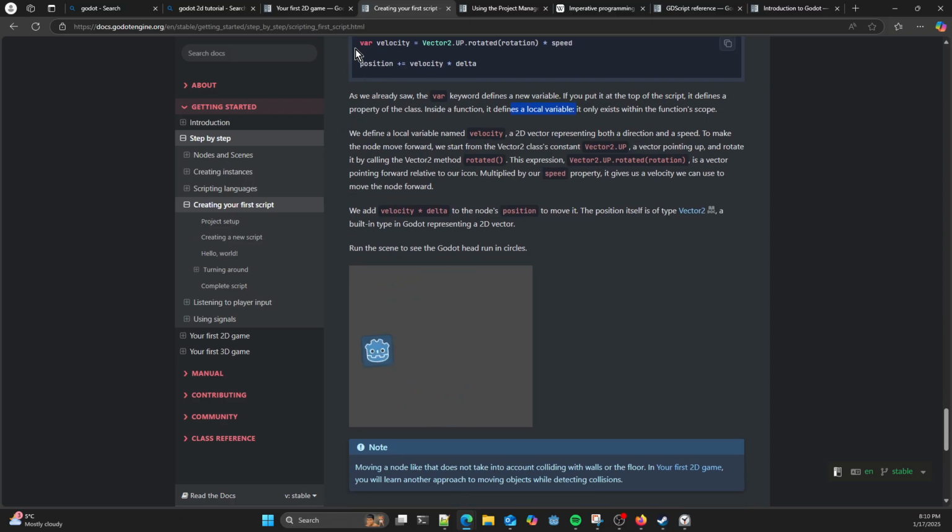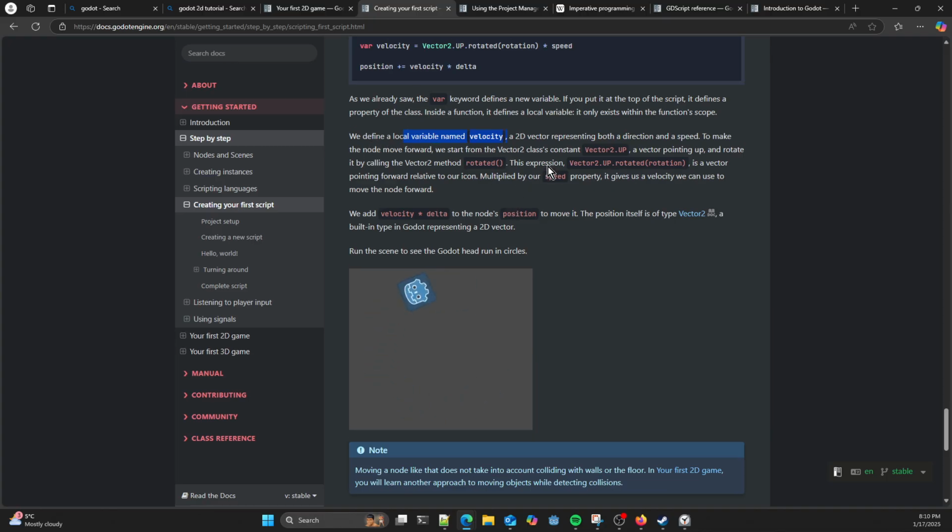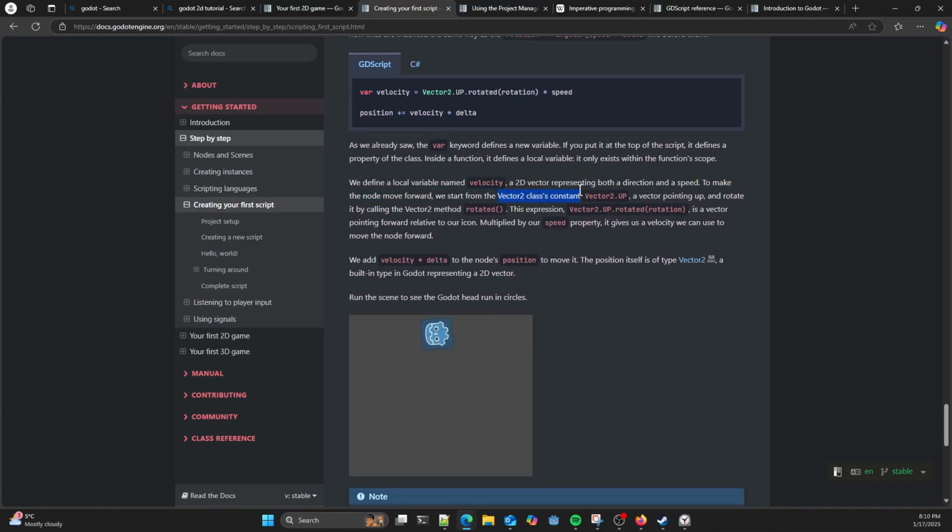So now we define the local variable velocity, a 2D vector, which represents both the speed and direction. To move the node forward, we start with a constant, the Vector2 class constant UP. That's a vector pointing up, and we rotate it by the vector method rotated, and then we add our rotation, which we inherited from Node2D.